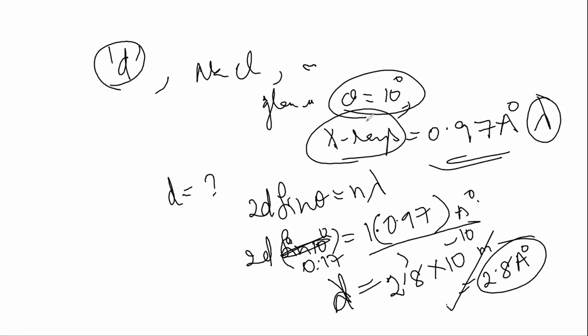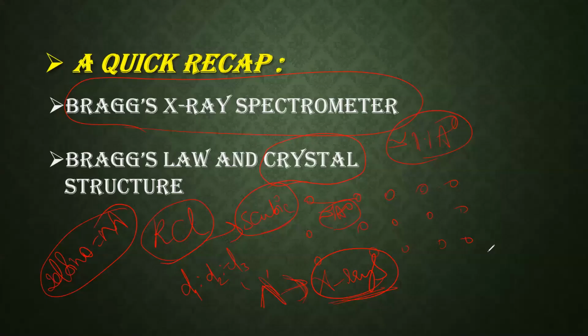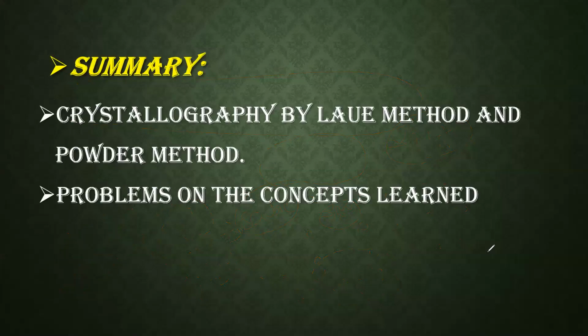Okay. So till now we have discussed all these topics, students. So let me stop screen sharing. Okay. Now what is the summary? Crystallography by Laue method I have done. Crystallography by powder method we have done. For microcrystals which are in powder form or else with some metals which are having high distortion, we can use this powder method. But for single crystals we use Laue method. Both are very important for your examination purpose. And now problems on the concepts learned, we have done 3 problems here. Similarly, in your revision class, I'll do some more problems for you.